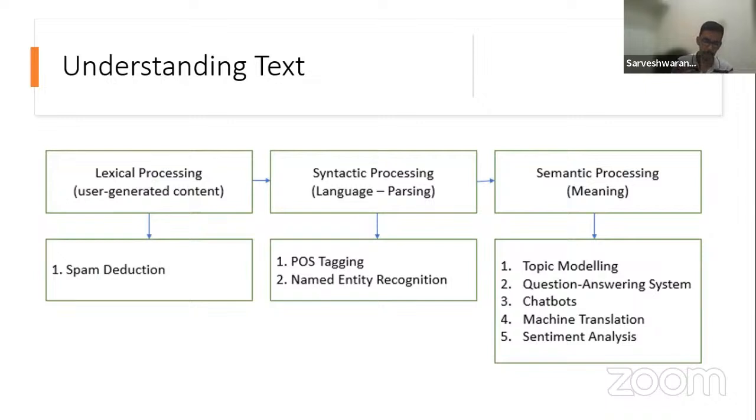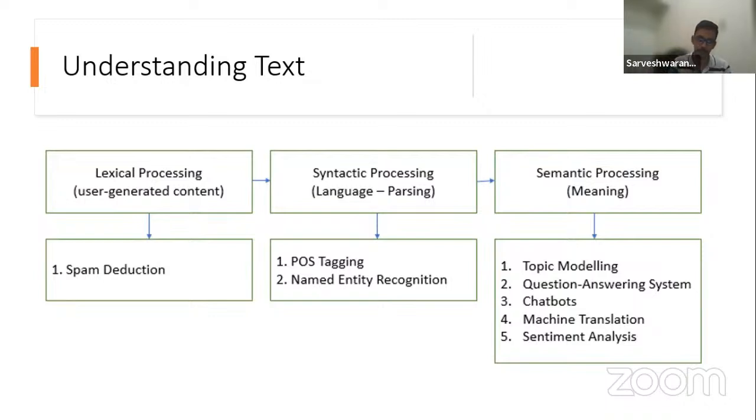Say, for example, someone asks, who is the Prime Minister of India? We are using Alexa or Siri, some voice assistant, and asking who is the Prime Minister of India. It replies with Narendra Modi. If you twist the question, who is the PM of India, it should have the capability to understand that Prime Minister is equal to PM.